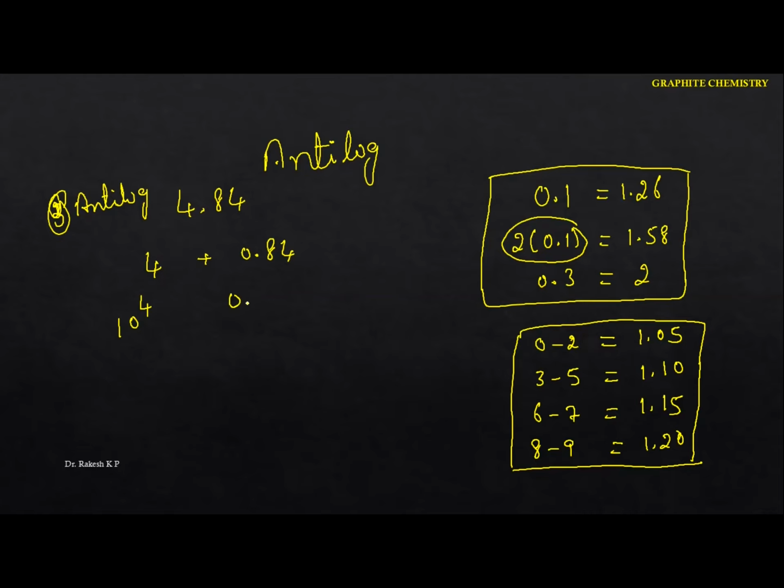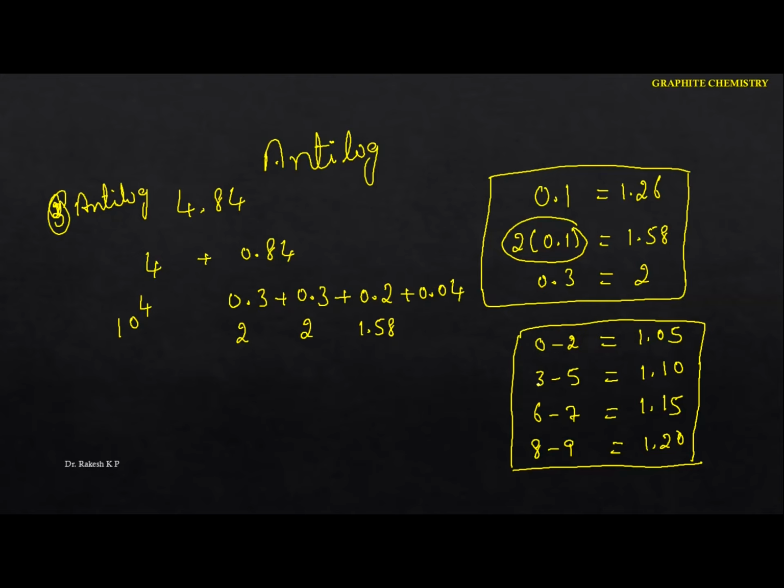And here we have 0.8. So 0.3 plus 0.3, don't take it as 0.4, because we don't have 0.4. We have 0.1, 0.2, and also 0.4. 0.3 plus 0.3 becomes 0.6, again we add 0.2, so this becomes 0.8. What is the last one we have? Plus 0.04. The value of 0.3 is 2, again 0.3 is 2, and 0.2 becomes 1.58.